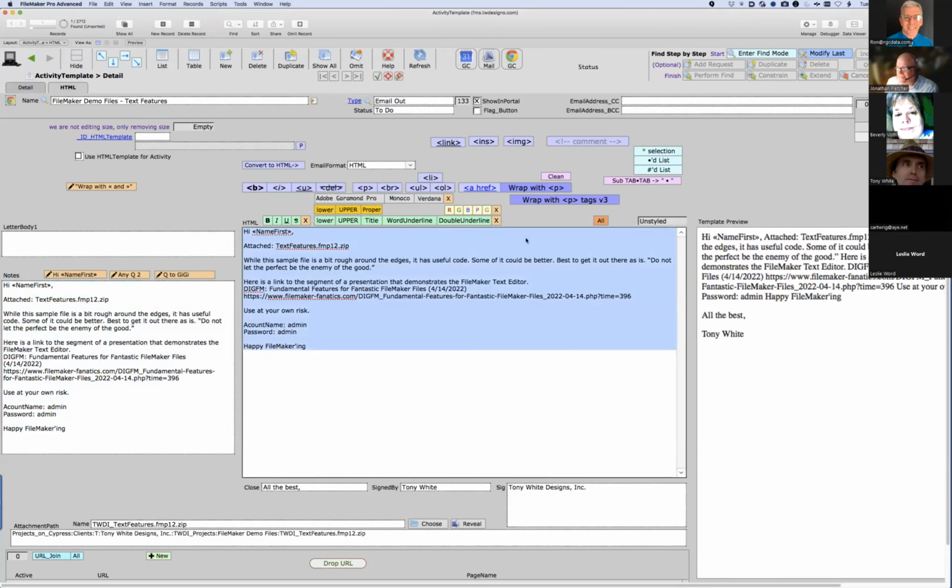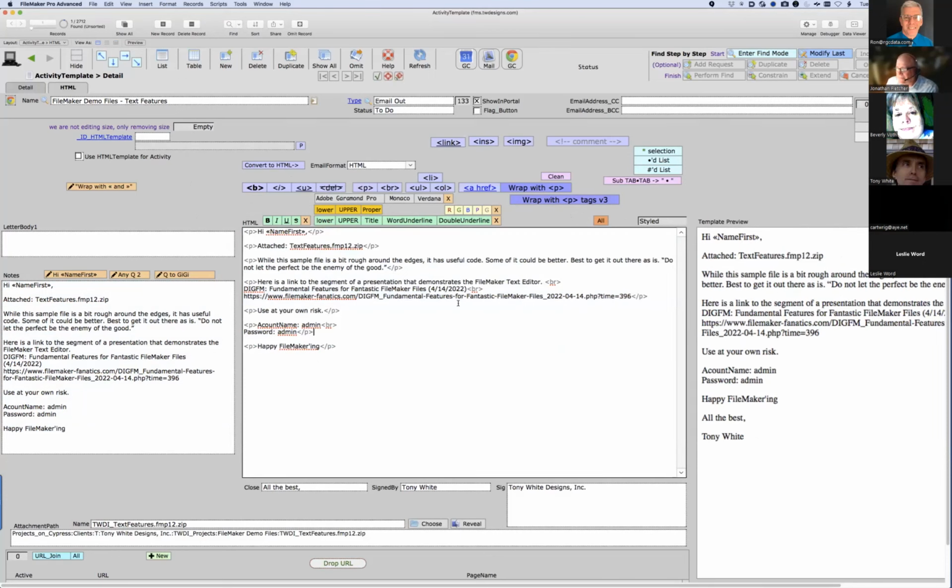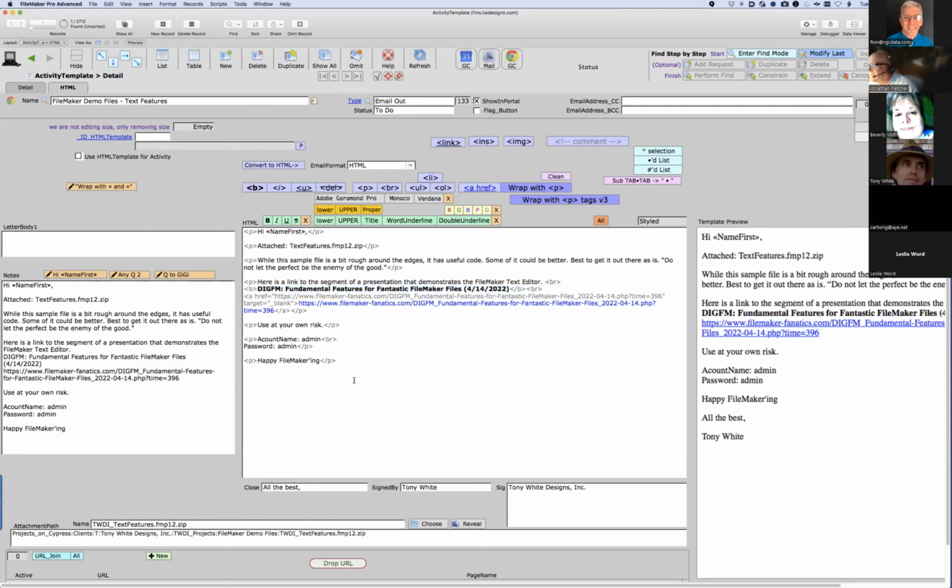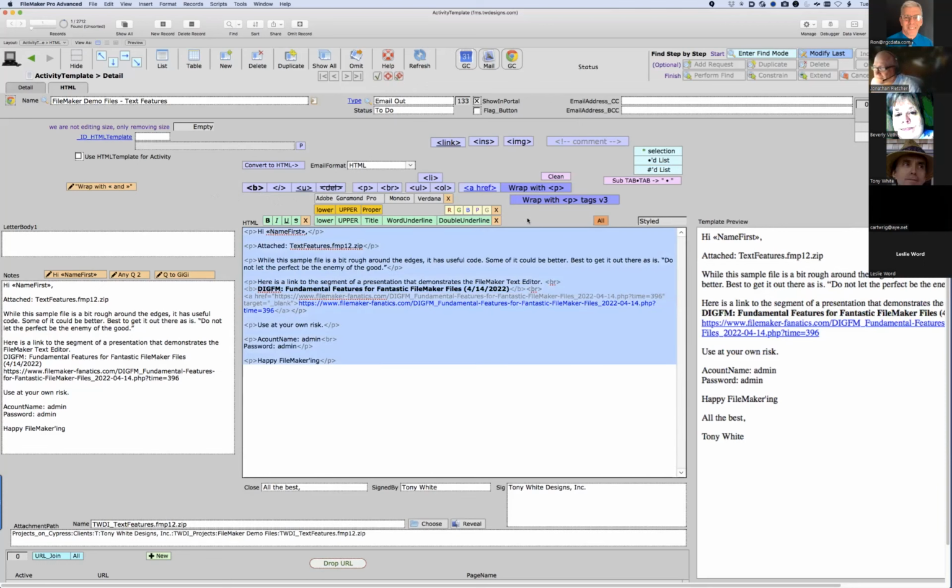You can see it looks messy. Here's my, hey, I'm going to make that into HTML. Probably code could be written better. Here's a link. I'm going to make that an HTTP. It's starting to look a little bit better. Here's my presentation. Let's make that bold. Let me look at the time. I'm doing okay. That's bold. So that's a demonstration that you can build an HTML text editor or a text editor in FileMaker, and that's